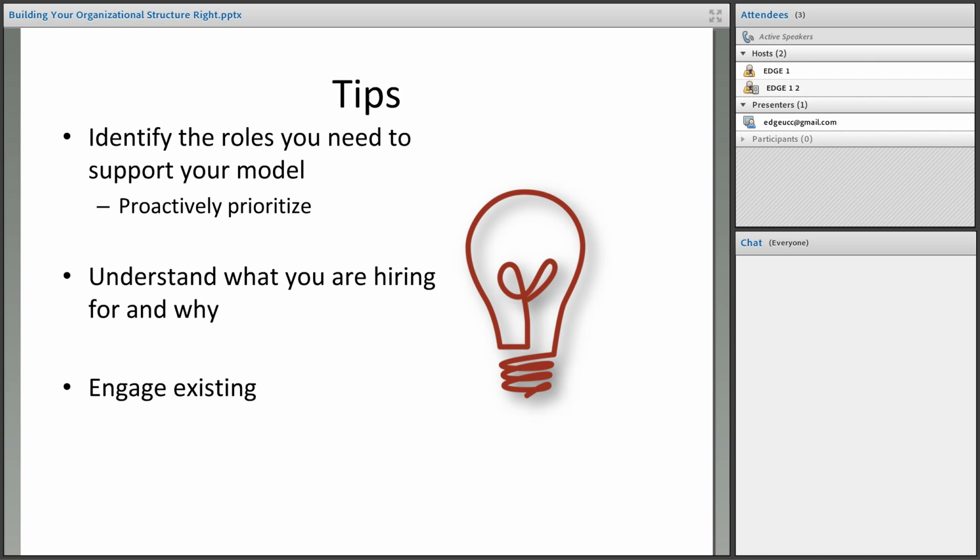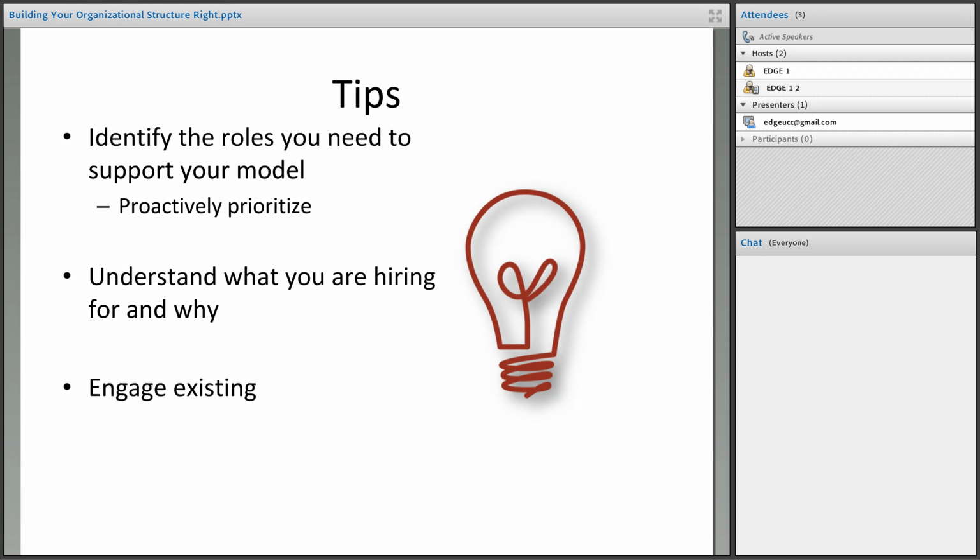You will also want to be doing this as an active best management practice inside your organization, where you step back and make sure that you know what roles you need to support your model. Now, at first, or as you are growing your organization, you could have one person doing a series of roles, but you still want to know what the roles are that are needed to support your model. And then you can proactively prioritize, because you're going to see where you're going to have some pressure points. And depending on what your landscape is, your external environment is, it's going to become more evident as to where you're going to have to start prioritizing, bringing in, expanding your resources to support the roles you need.